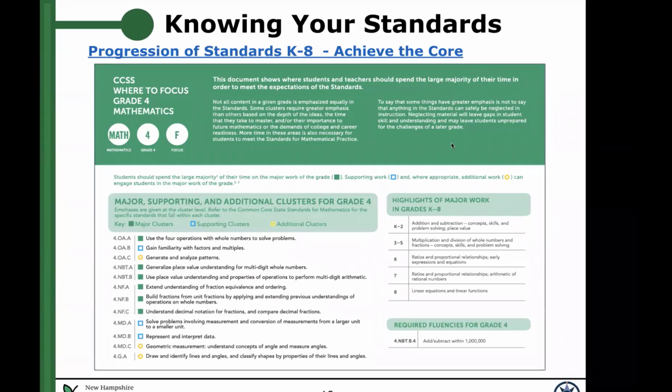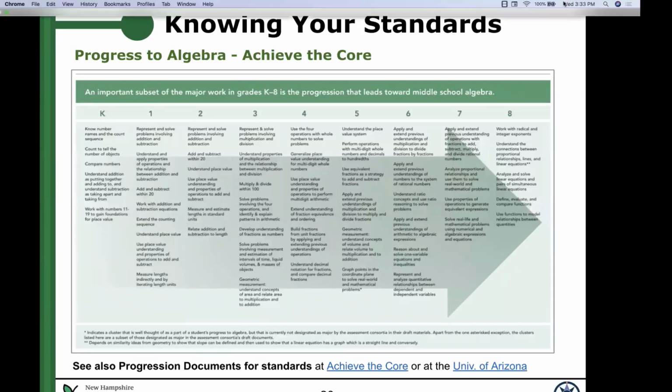And along with that, next slide, please. They give a progression. So you can see the progression with the focus on getting students ready for Algebra 1 in high school and building that foundation for all their high school courses. Right. So yeah, these particular progressions that we're showing you are from a site called Achieve the Core. Like Annie said, they do have some information for ELA. It does not look the same way. There's no major, supporting, or additional clusters for ELA.